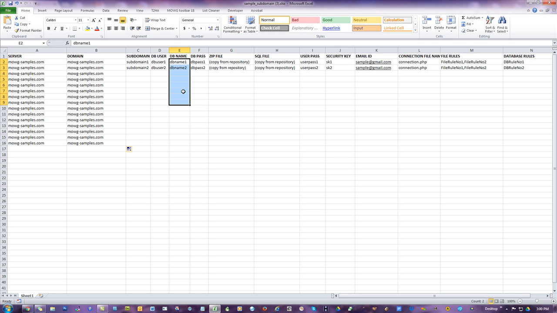Somebody asked me, can you resort these? You know what? I never thought about it. I just fill in what I need, ignore what I don't, and that's fine. Can you have some subdomains and then some of these blank and then more subdomains? Absolutely. So if you wanted to do this to a bunch of your websites, and that's what I mean,